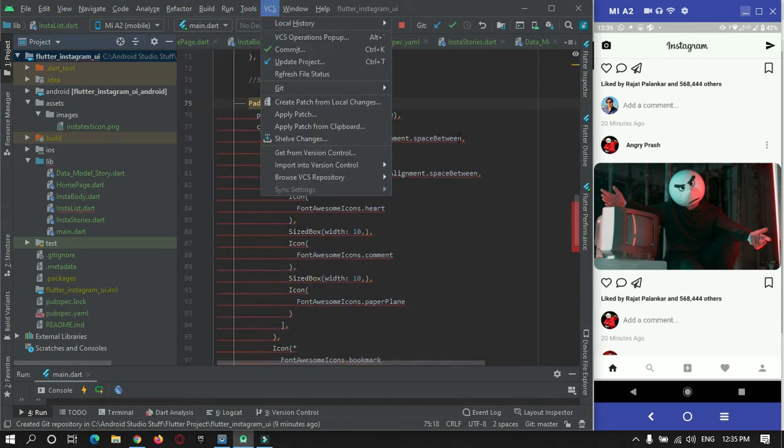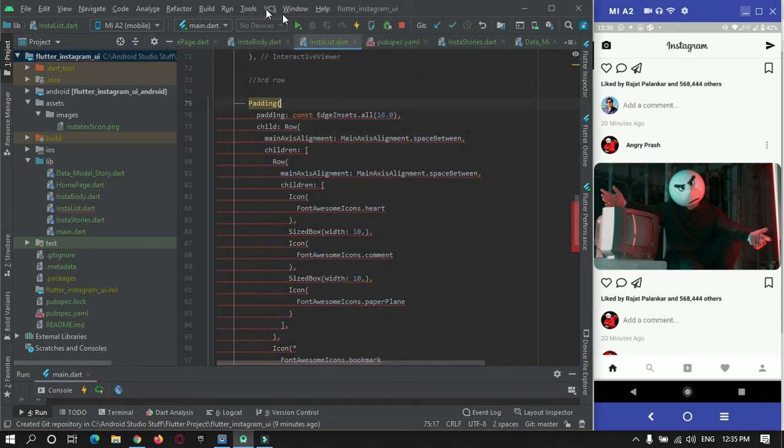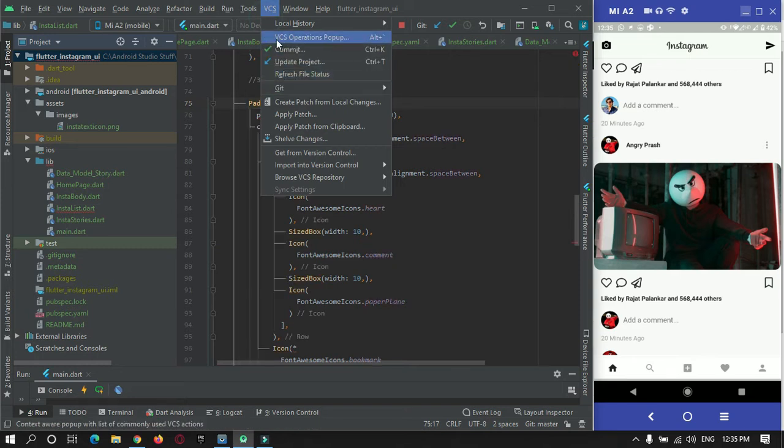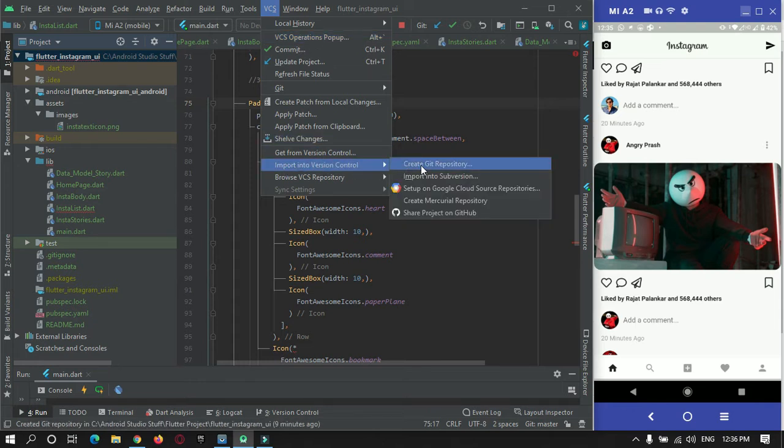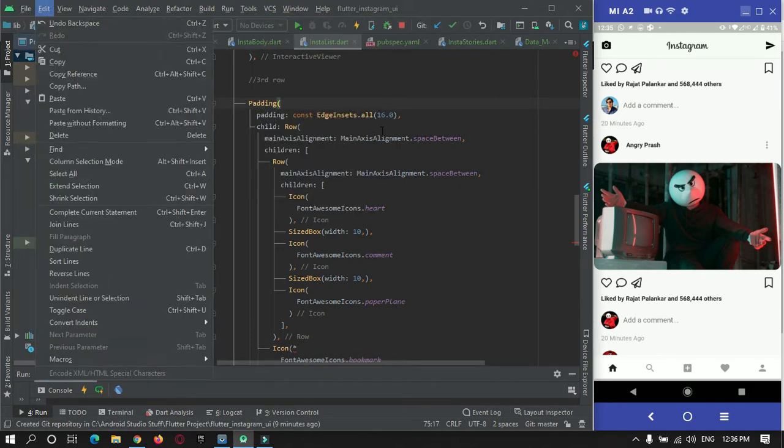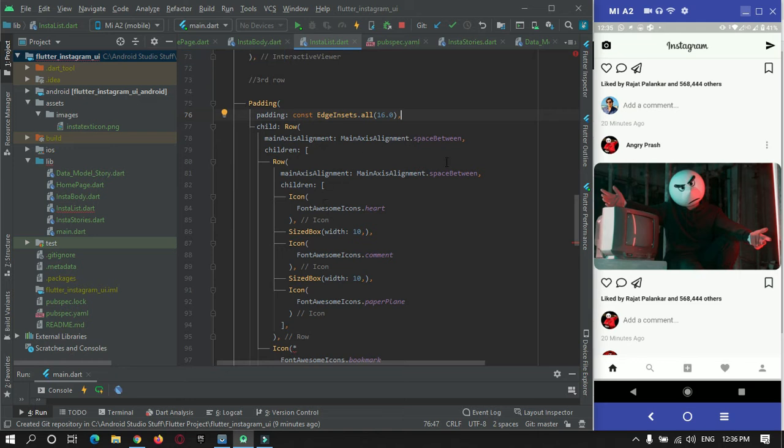Okay, sorry, I'm not able to find out where it is. Here there will be one option to enable version control. As you can see, like create repository, you just need to enable it. After enabling it, you can go into your project.